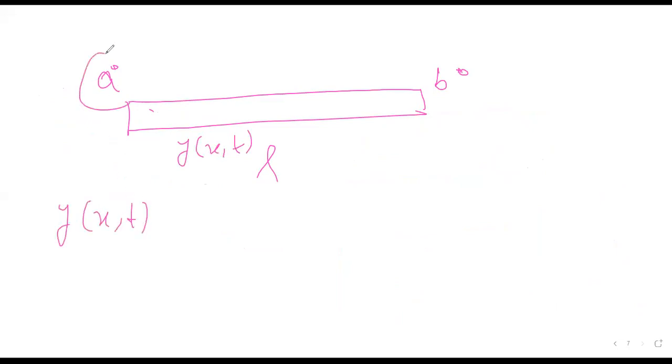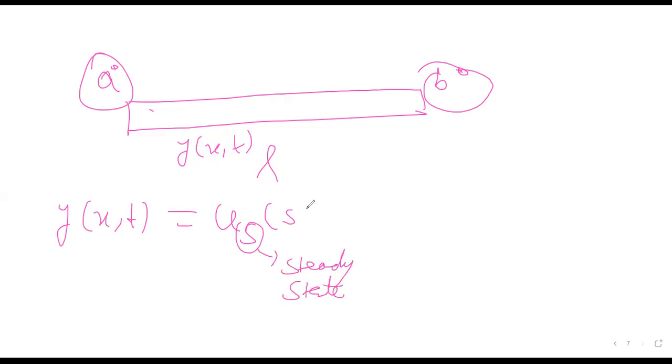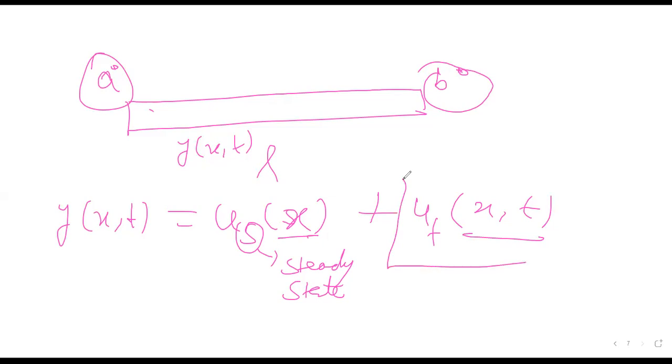So when I write y(x,t), because the temperatures are non-zero, I cannot write it directly, because if I write it that way, I will not be able to eliminate the constants. So what I actually do is I write it as a steady state solution, which will just depend on x. It will be time independent. Plus, I will write a transient state solution, which will depend on x and also on time. And I will solve for this.